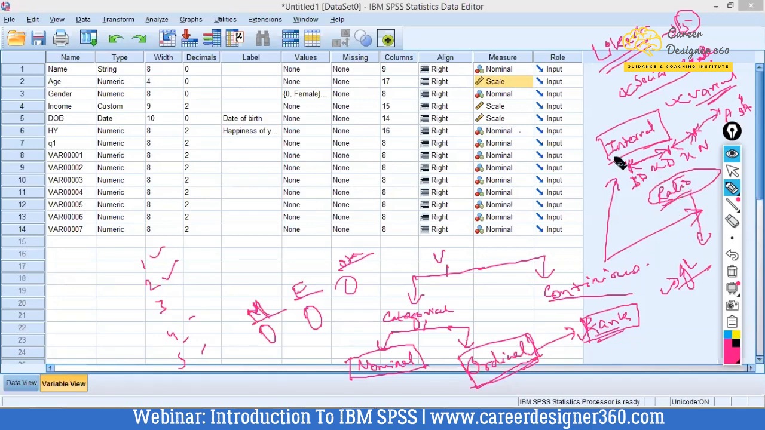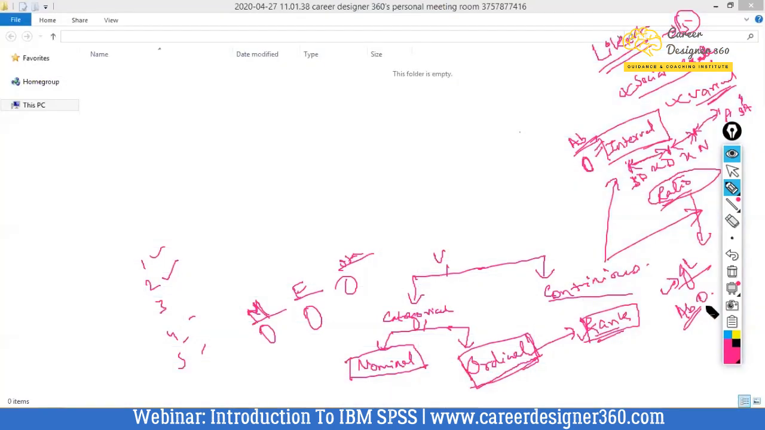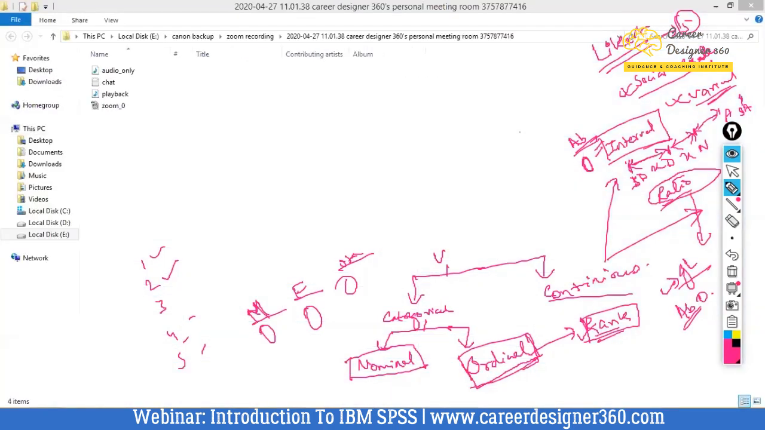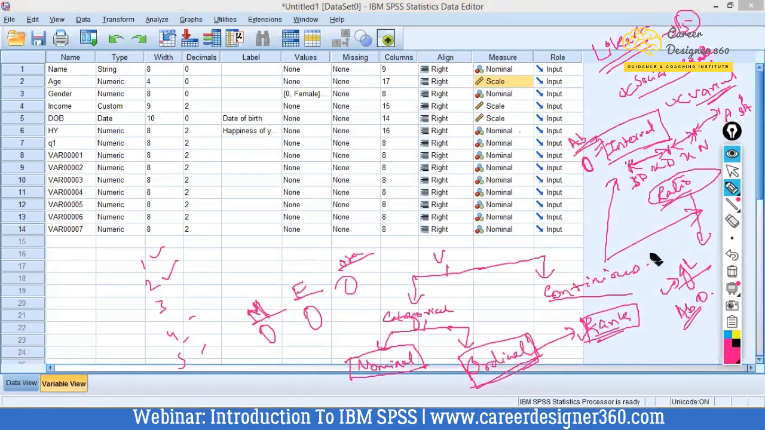So technically, the difference between interval and ratio scale is that for the interval scale we do not have an absolute zero, but for the ratio scale we have an absolute zero. For example,